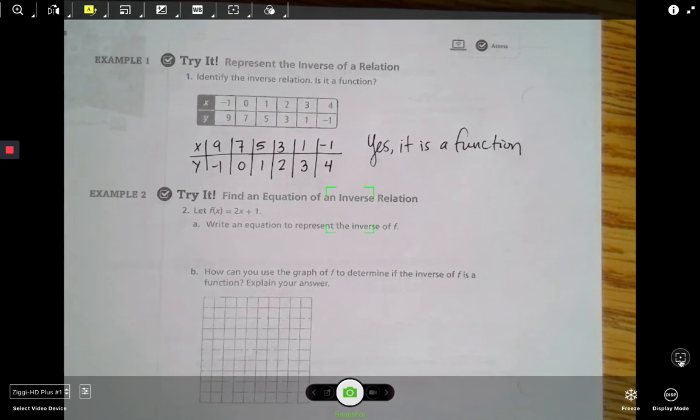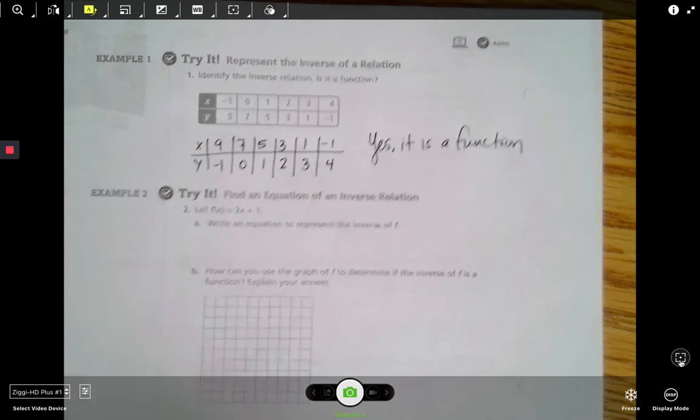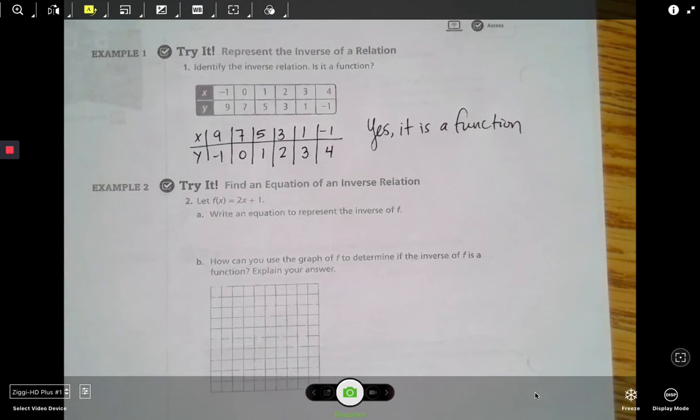So basically the x and the y, they just switch spots. Those values just switch spots. So now for example 2,